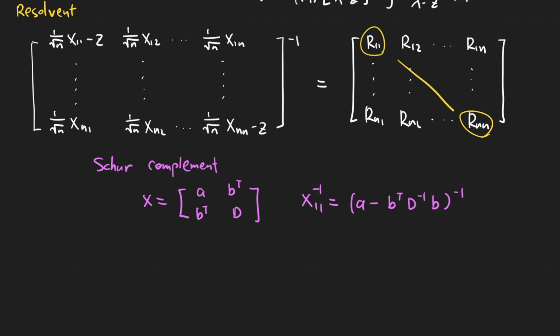Actually, in the special case where we just take out one row, this is a scalar, so I can just remove this inverse and write it as 1 over this thing, right? So now using this formula, we have a closed form formula for R11 to Rnn. That's going to help us solve for m of z, which we'll see in a second. Okay, so let's do that. Let's just plug in the equation for the Schur complement. So we will have R11 equals 1 over